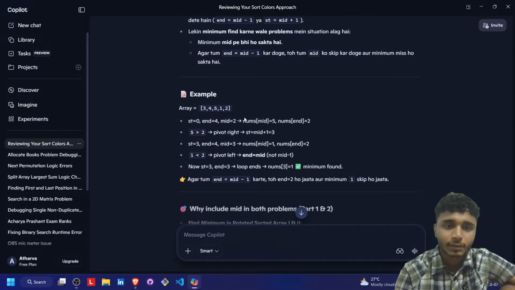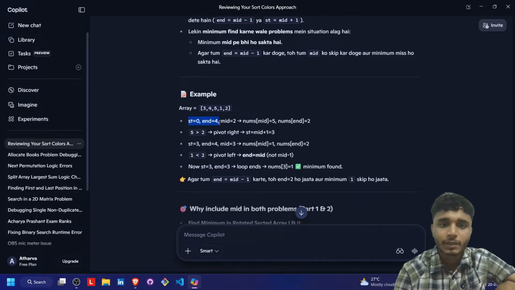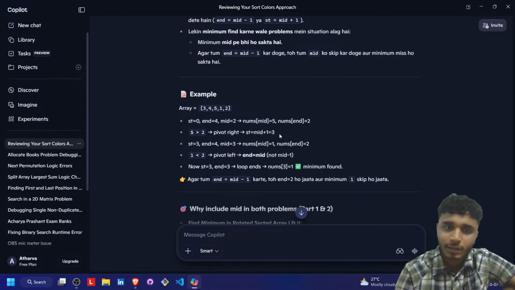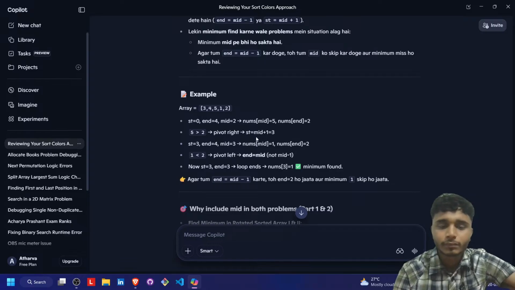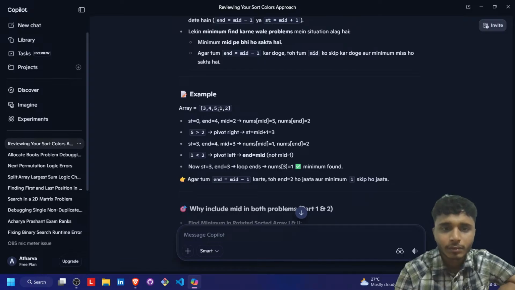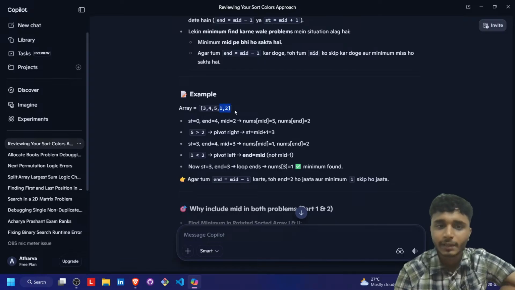Okay, the start, mid is this, 5 and 2. 5 is more than 2, pivot is at the right. Start is mid plus 1, means 3. Okay, here, this start and end. 1 is less than 2, pivot is left, end is equals to mid. Not mid minus 1, means,